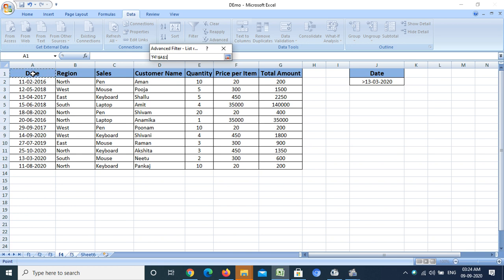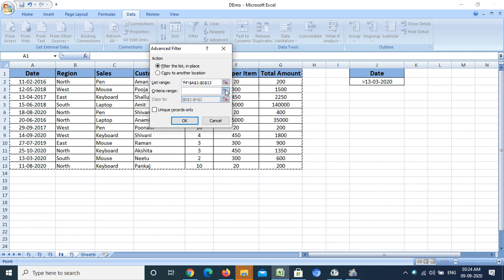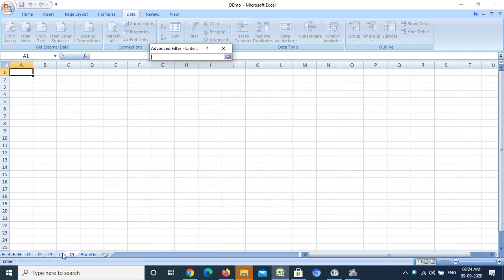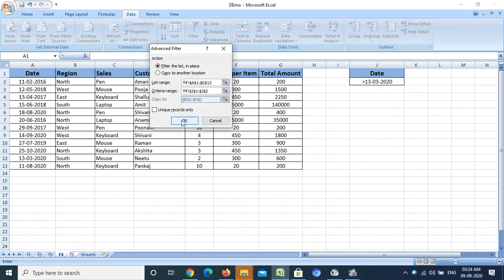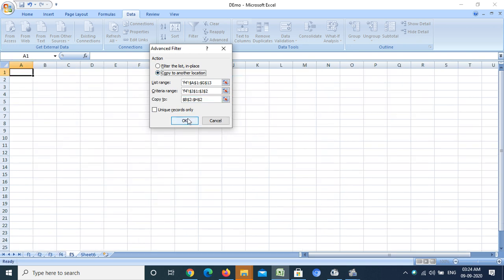So I have to select my range. Then I have to select the criteria. This one. After that, I have to just click OK, after selecting the copy to another location option.